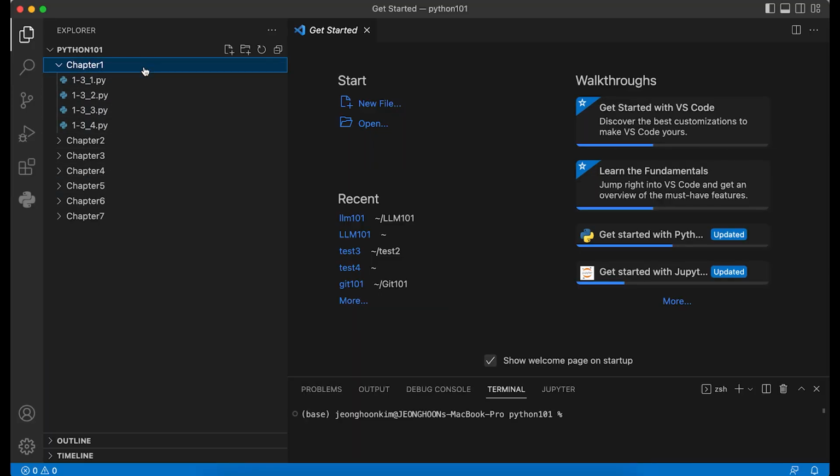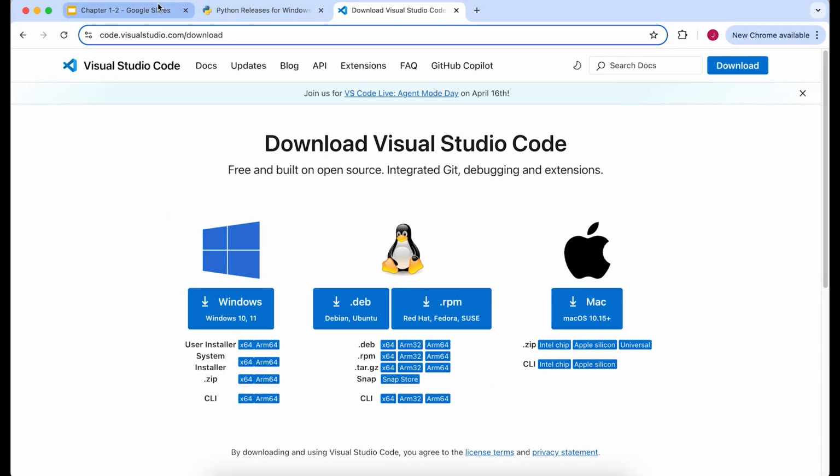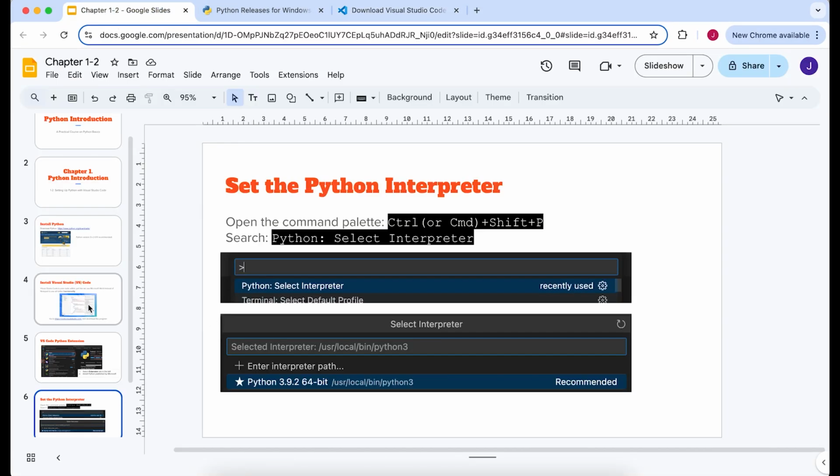So here like this, it's fine. If you have an empty folder, you can just create a new file or a new folder, or you can just copy and paste the Python files here as well. That's how we install the coding environment using Python and VS Code.